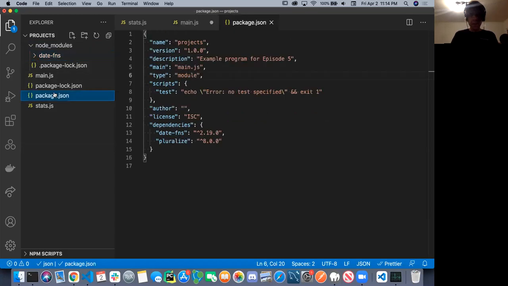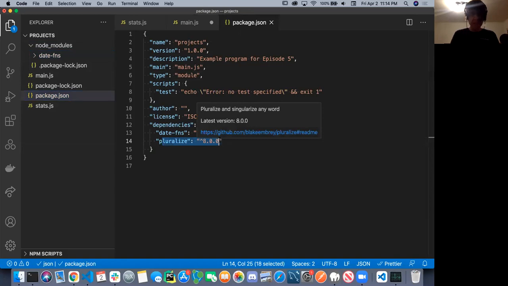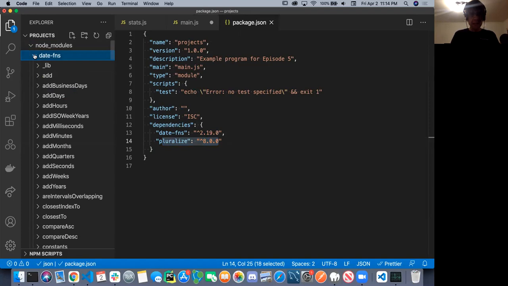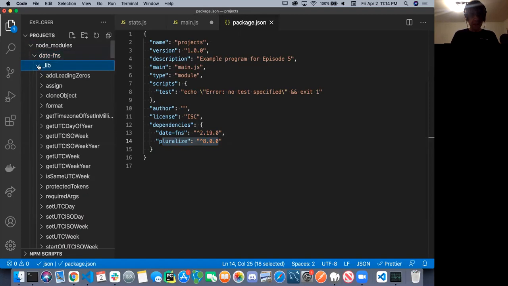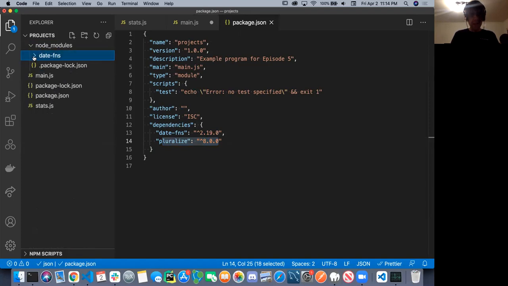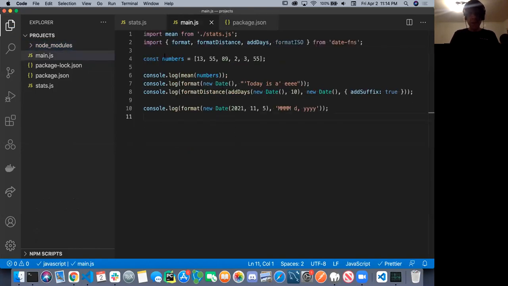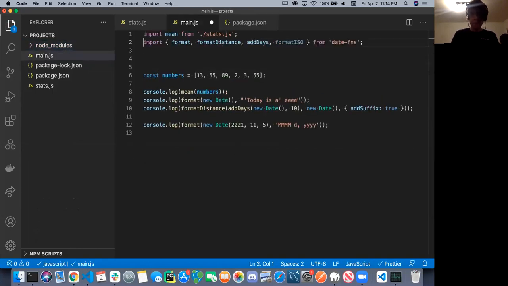Don't see it here, but in package.json, no, it's here in package.json. That's interesting. I kind of expected to see it right here. I have a sneaking suspicion that date funds already uses pluralize, but I could be wrong. And anyway, it's kind of interesting that it's not showing, but it is showing up here, and that's a good sign. So let's now import